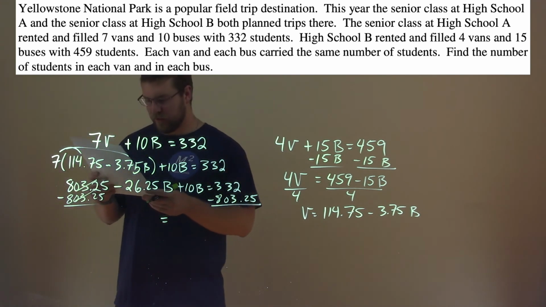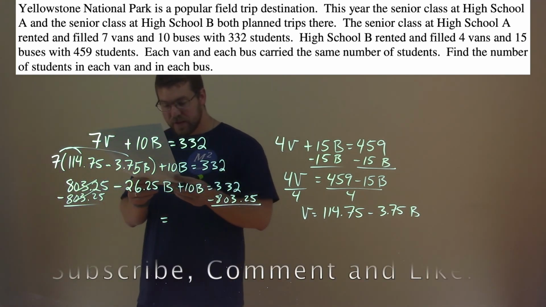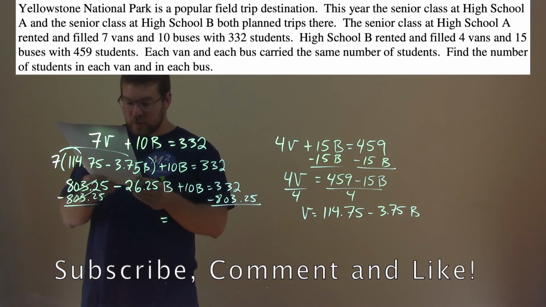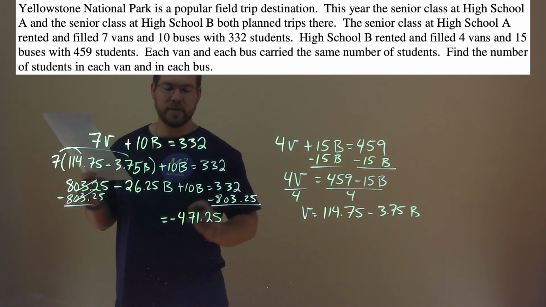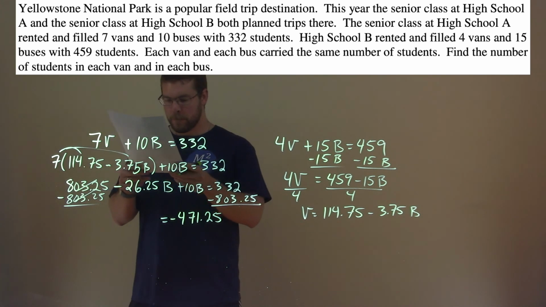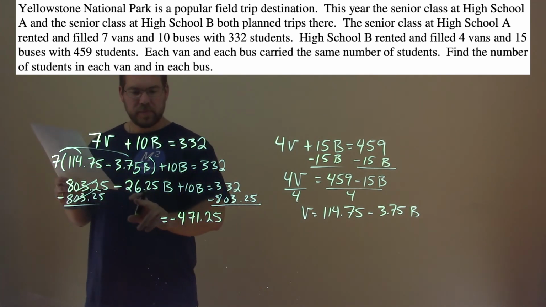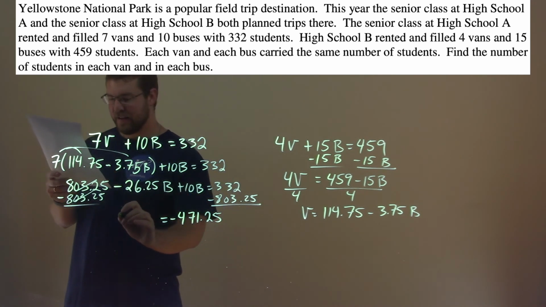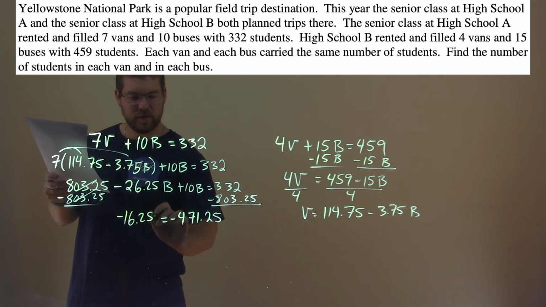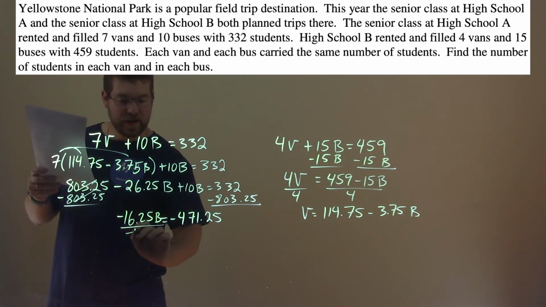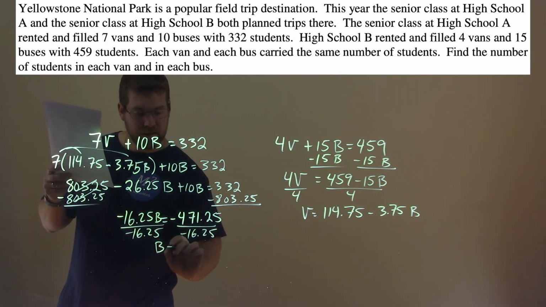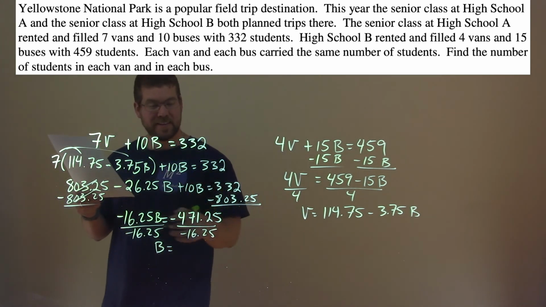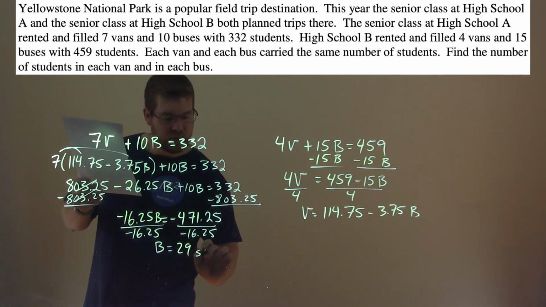And we're left with on the right, well, 332 minus 803 comes out to be negative 471.25. Okay? Then we need to combine negative 26.25b and 10b. That comes out to be negative 16.25b. Divide both sides by negative 16.25. And b equals, well, the negatives cancel out to be a positive, and this actually comes out to be 29. So 29 students